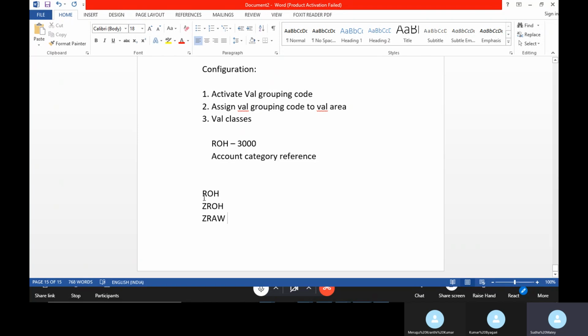How can you do it? It is possible with the account category reference. You will assign the same account category reference for the three material types.